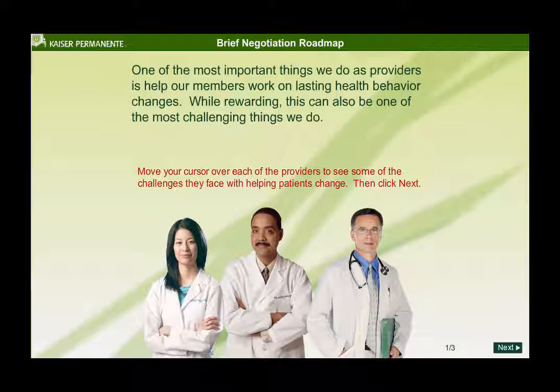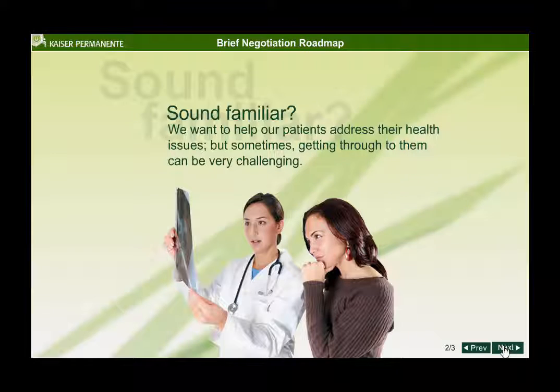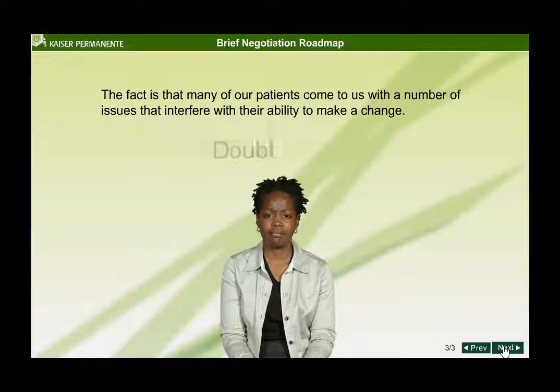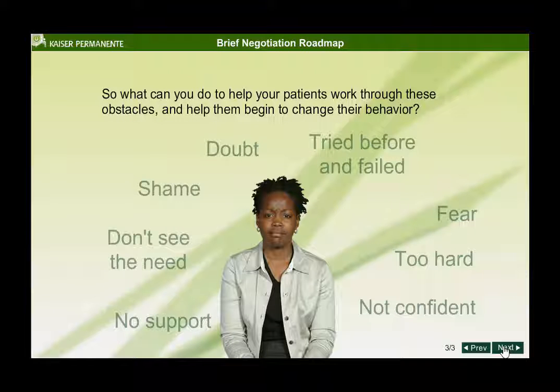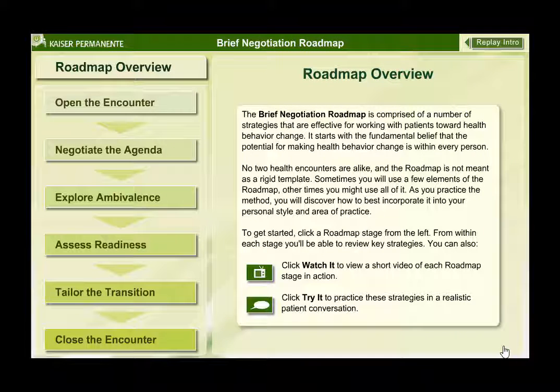This is an example from Kaiser Permanente on a new conversational roadmap that allows caregivers to better connect with their patients. Along the way, we're introducing some of the missteps that could happen during these conversations. Frustration, doubt, fear, these are all things that are experienced by the patient. In this roadmap, we're going to help you understand the different phases of a conversation and the ways to really